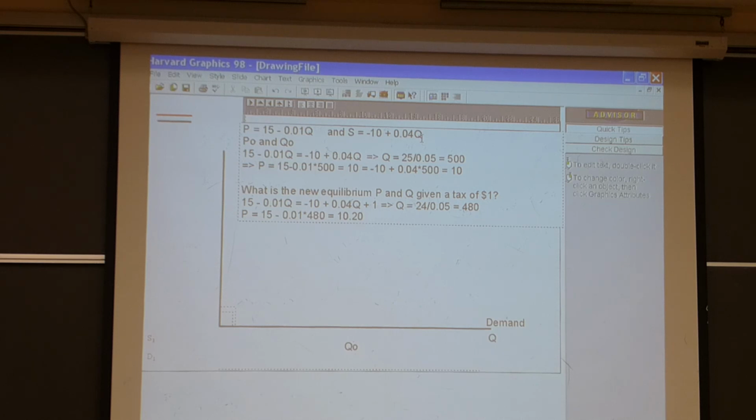But notice also, I'm going to plug this into our supply function up here to see if this is correct. And so I'm going to put this in here, and I'm going to get minus 10 plus 0.04 times 480. And the weird thing is I'm probably going to get $9.20. Somehow I've screwed up because I'm supposed to get the same price. How did I mess up? Okay, Erica. When you subtracted the equation, you used the original function that didn't include the tax. Exactly. Sub it back into